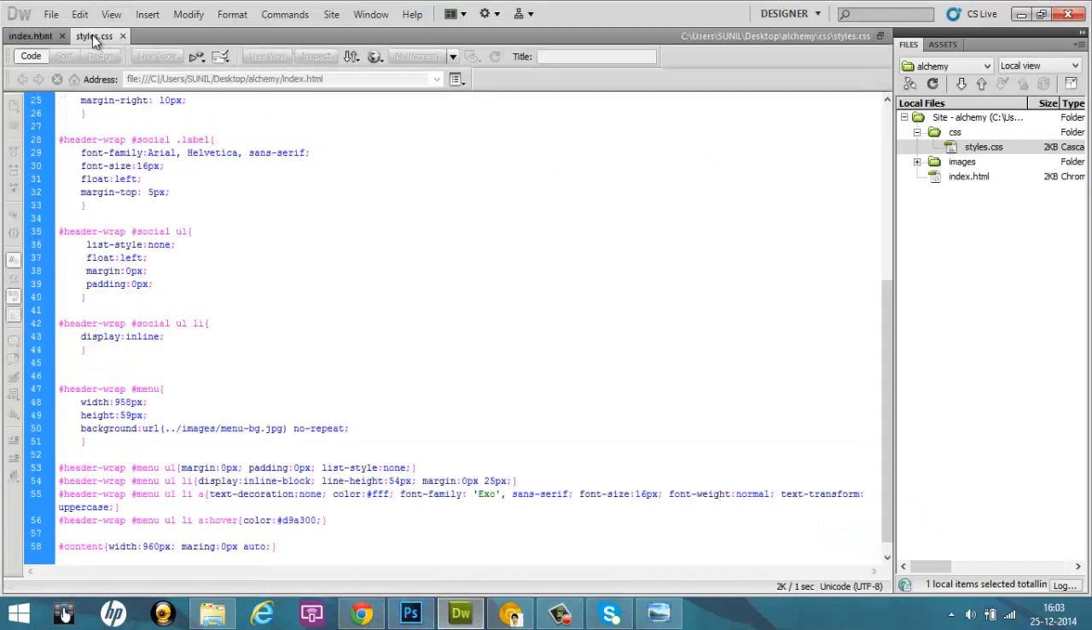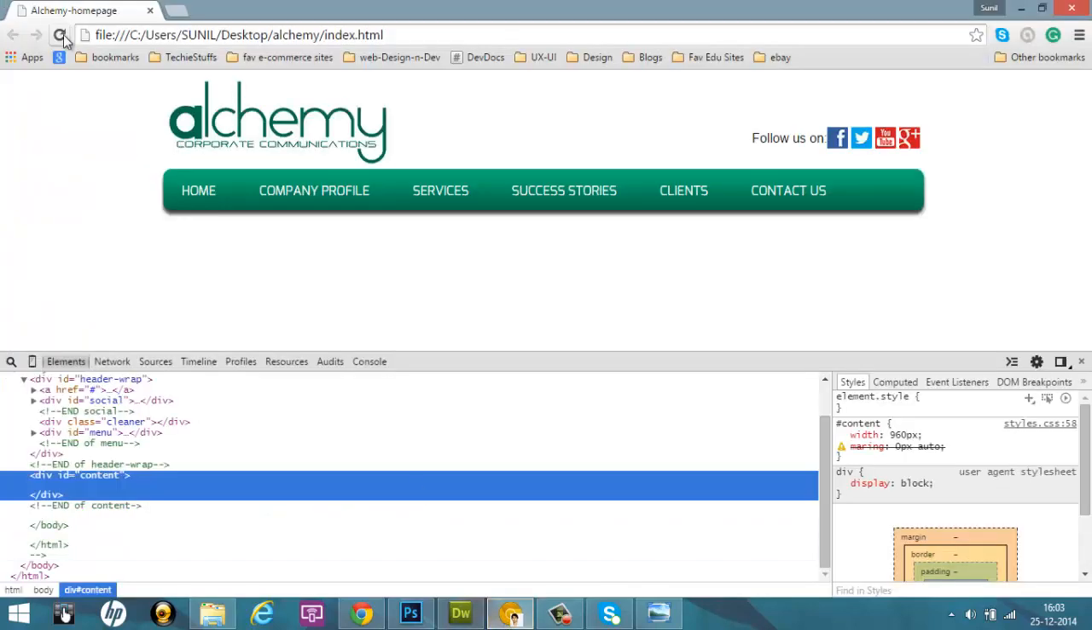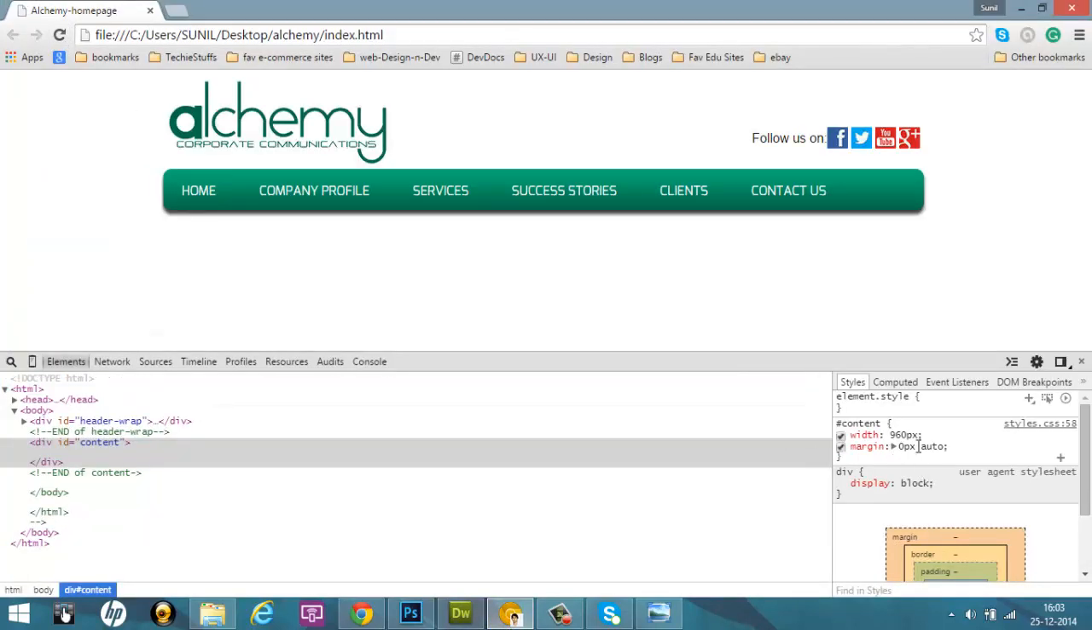So I'll go inside of my styles.css again, and I'll correct my spelling of margin. If you refresh again, it should be okay now. Okay,